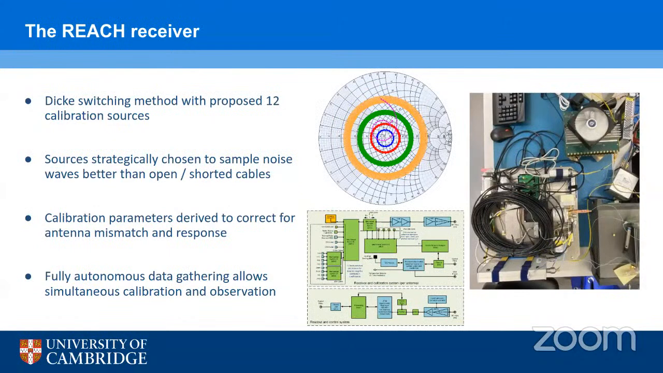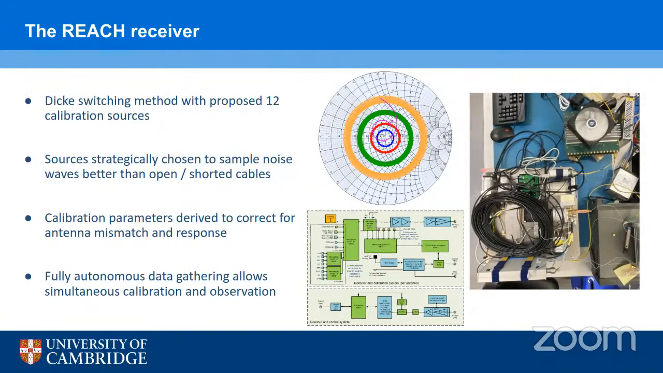One bottleneck for global 21 centimeter experimentation is calibration of the instrument itself. REACH intends to use a Dicke switching method with 12 proposed calibration sources that have been strategically chosen to sample noise waves better than the standard open and shorted cables used in other experiments. On the right here in the middle, we see a Smith chart with 4 of our calibration sources and a simulation of one of our antennas shown in pink. Our goal is to choose these calibration sources to sample as much of this Smith chart as possible